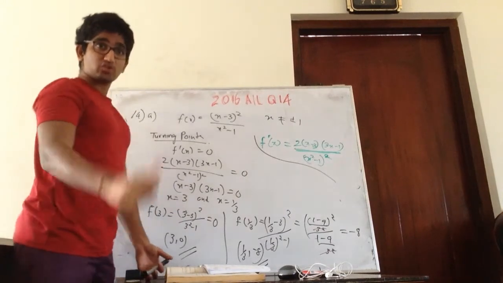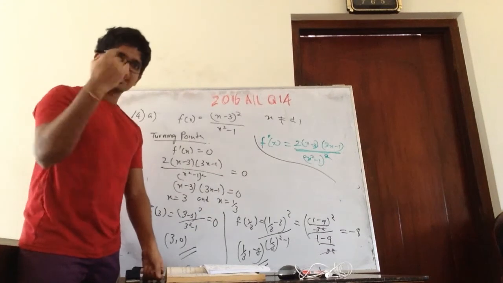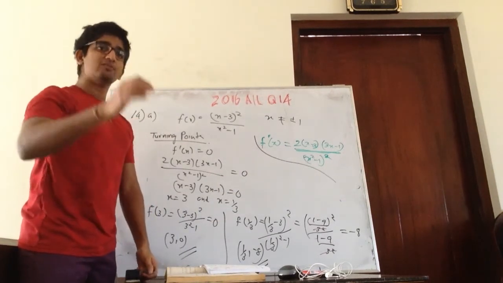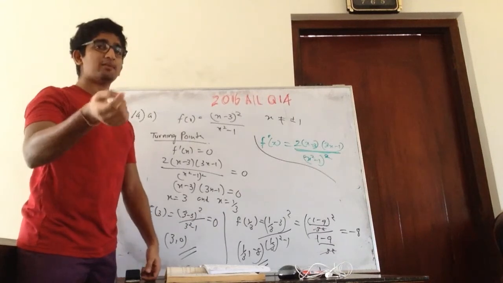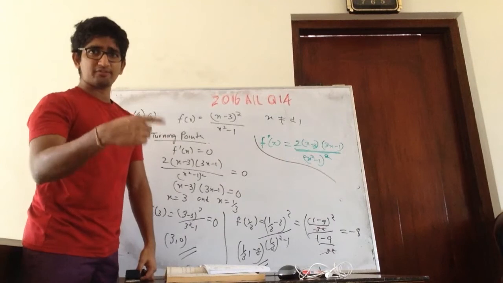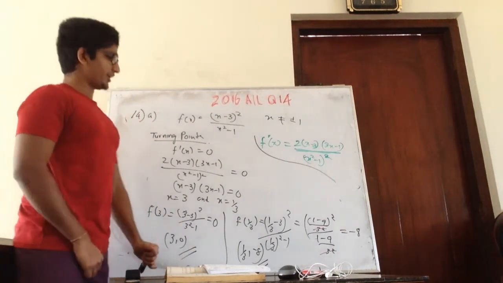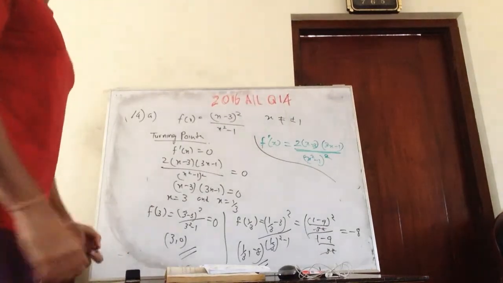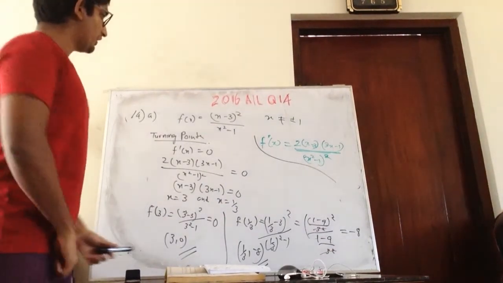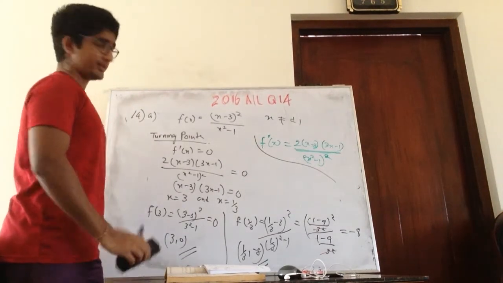But there are 2 more things that we need to do. That is to determine the shape, which is the most important thing, and to determine the value at x equals 0. That might not be very useful, but we have to do that as well. Right? So write this down for the moment. Right, so now let's determine the shape of this graph.